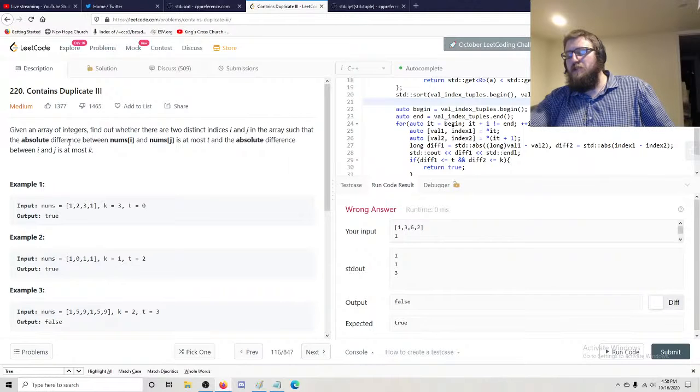If one of those indices that you just checked, if that absolute value of the difference is